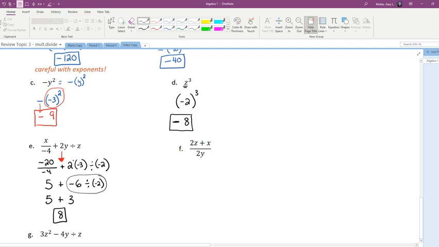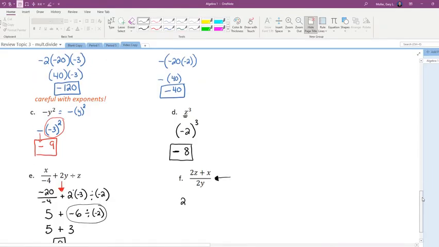All right. Remember that this fraction bar, we had an example like this the other day. This fraction bar is a grouping symbol. So it is telling us do everything on top, do everything on the bottom, and then the last thing I'll do is divide. So